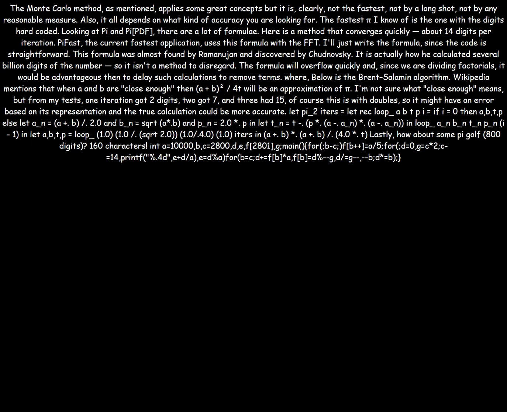Lastly, how about some pi golf? 800 digits, 160 characters. int a=10000,b,c=2800,d,e,f[2801],g; main(){ for(;b-c;) f[b++]=a/5; for(;d=0,g=c*2;c-=14,printf("%.4d",e+d/a),e=d%a) for(b=c;d+=f[b]*a,f[b]=d%--g,d/=g--,--b;d*=b); }